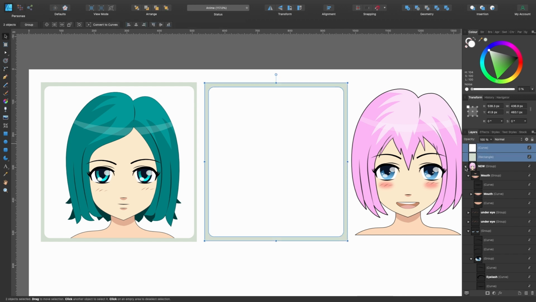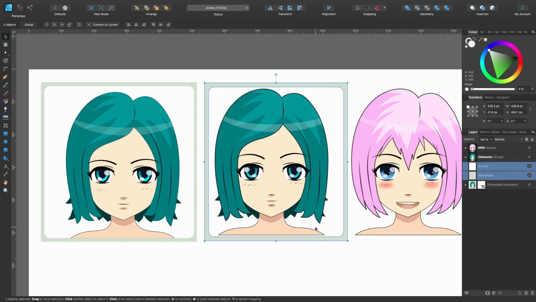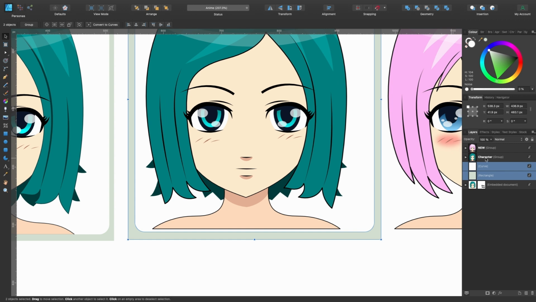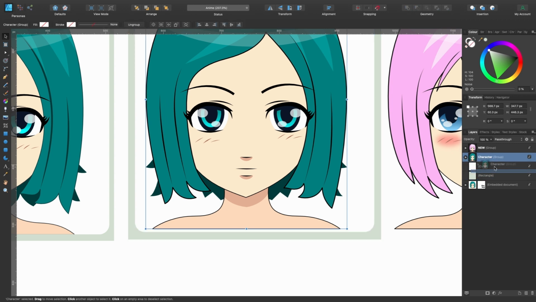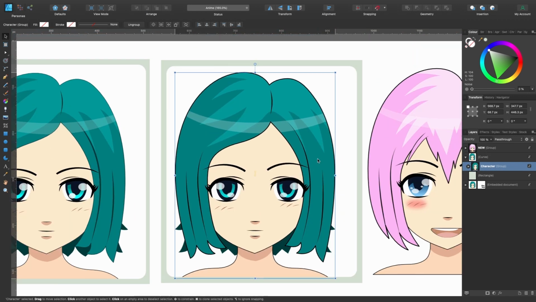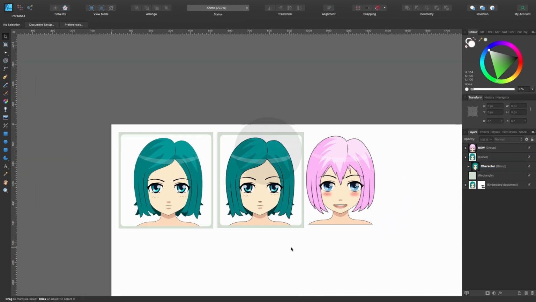We'll drag both of those layers underneath our character layer, and you see here it's not quite in there. So what we do with the white one, we drag the character and clip it inside of that white box and just drag it down a little bit to hide that stroke at the bottom. Center it a little bit, and that's it.